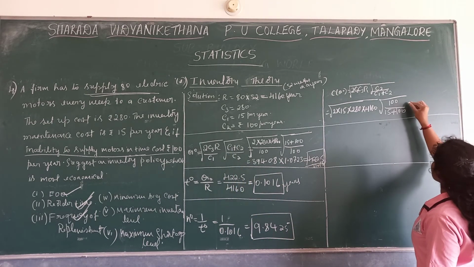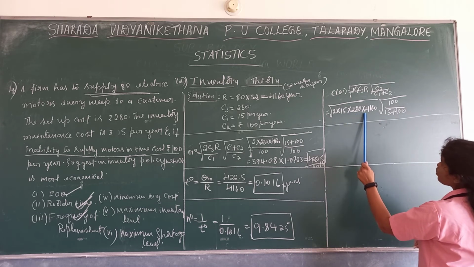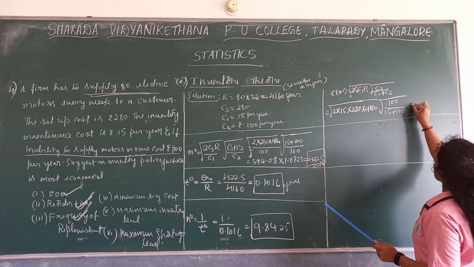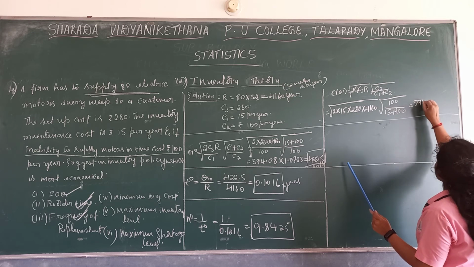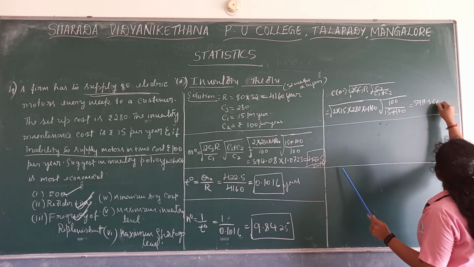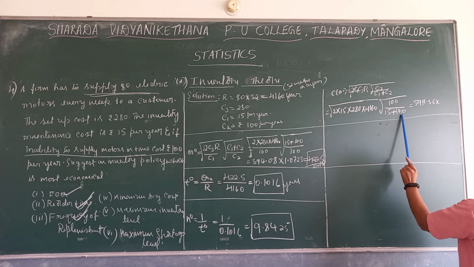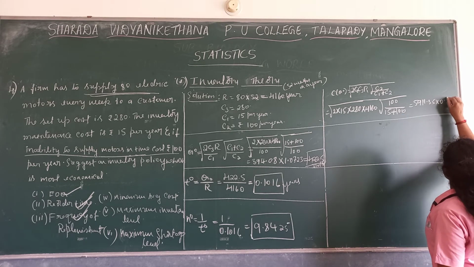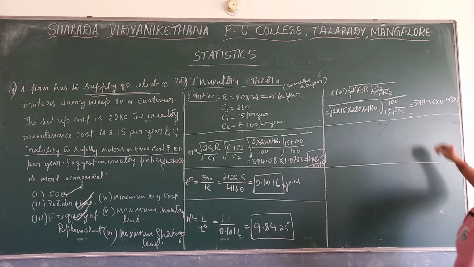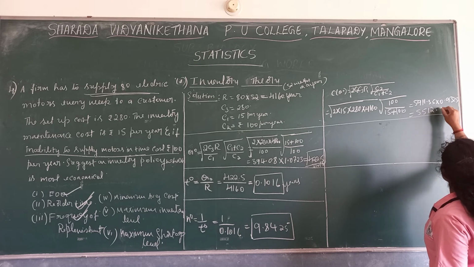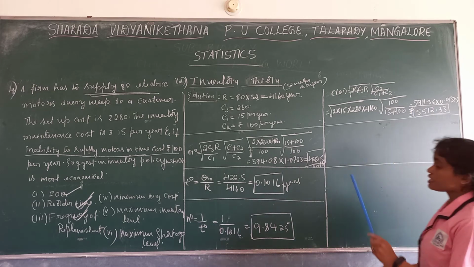Now solve that. The first one, 2 into 15 into 280 into 4160. When we multiply this, we get 591135. Then when we solve this, 100 by 15 plus 100, that is 100 by 115, we get 0.9325. Now multiply this answer and this answer. There we get 5 by 12.33. We need to present in the form of rupees because it is a cost.